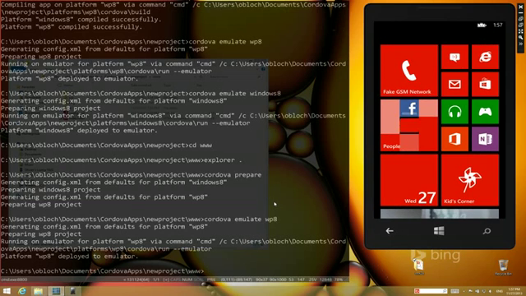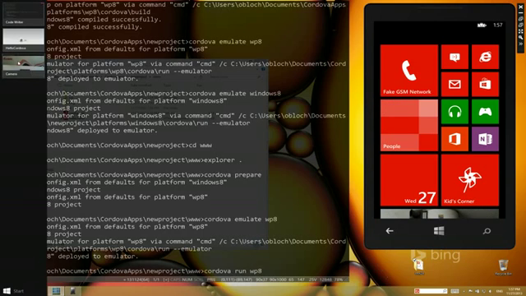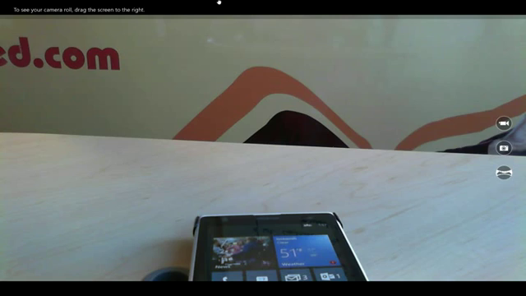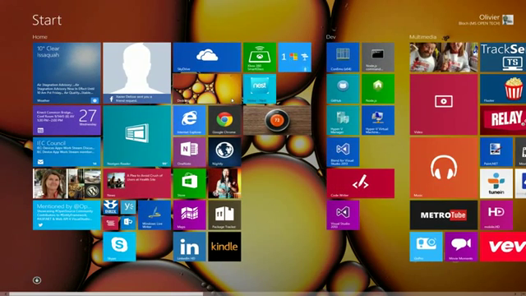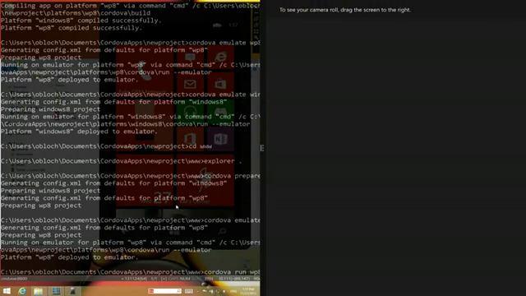Let me deploy that locally in my machine. Run. Well, actually, let me show you on an actual device. That's going to be even cooler. So here I have a Windows Phone device. I'm going to show you. My camera is here. Let me put that on the side here. Okay, so you see I have,